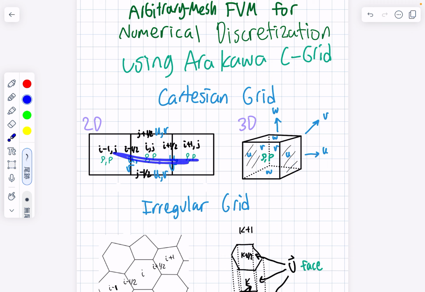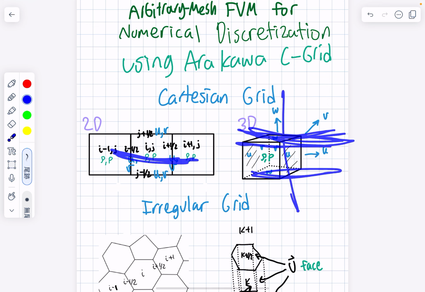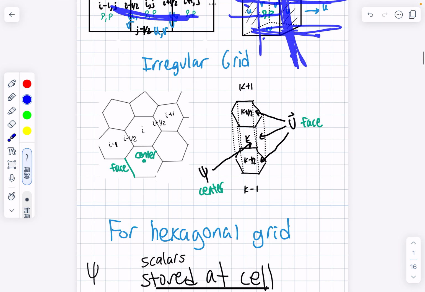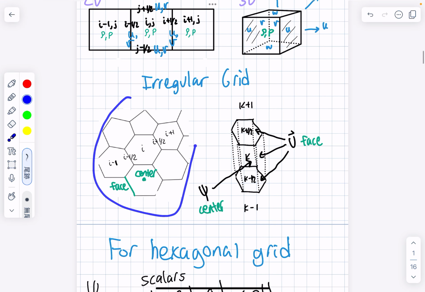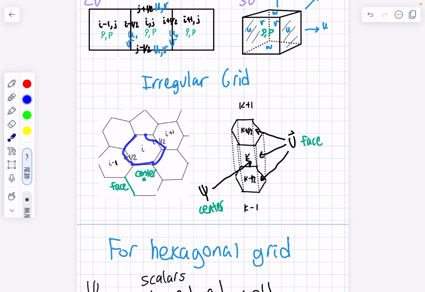Just like we see the flow is moving this way, it can move from the top of two squares like this. It also moves up and down. But anyways, irregular grids, or arbitrary meshes, look like this, where usually it's just hexagons and